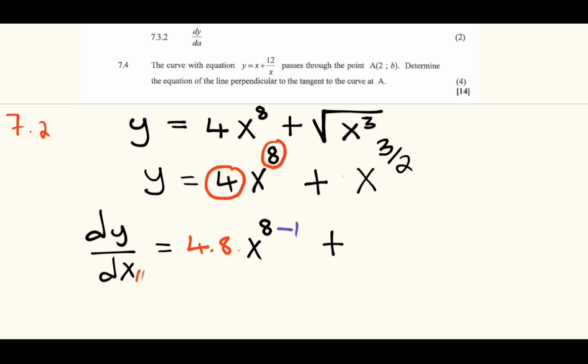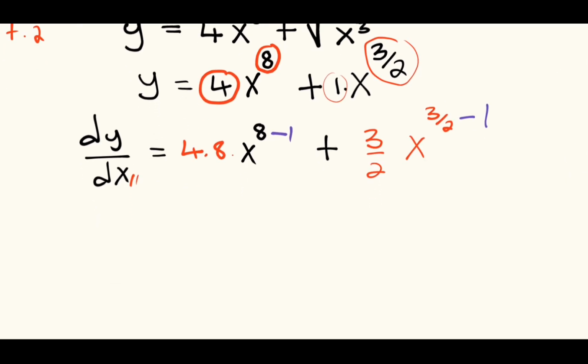Plus, we have 1 here. So this 3 over 2 multiplied by that 1 will be equal to 3 over 2 multiplied by x to the power 3 over 2. Since we are differentiating with respect to x, we are going to minus 1 from the exponent of x. So dy over dx